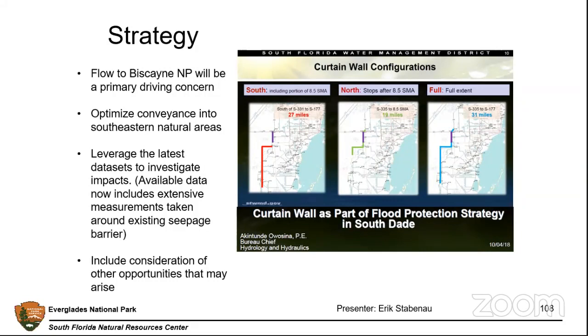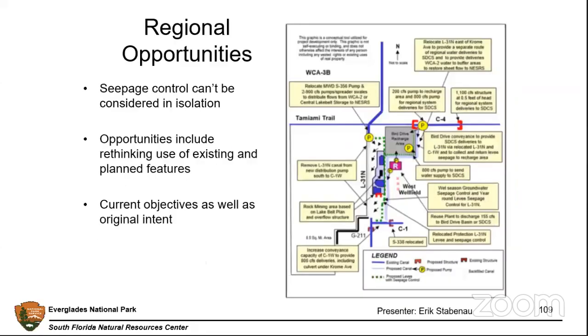There's a lot of data. We need to make sure we're working with that data. And we're going to look at other opportunities as they arise. I'll go into that a little bit. Next slide. So we have a number of regional projects that are part of the current operations, part of SEP,